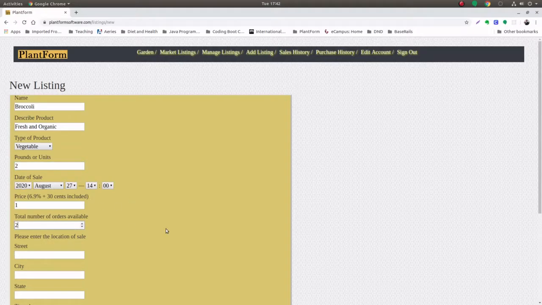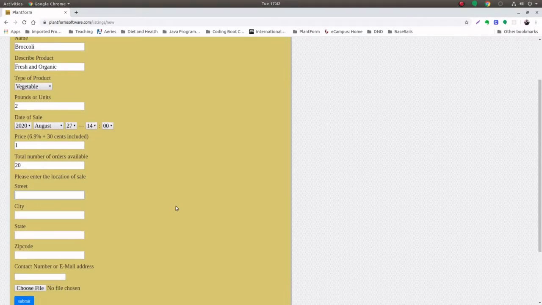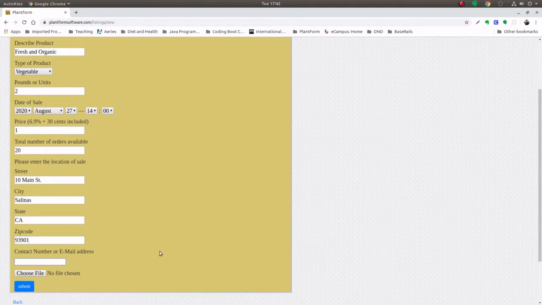And let's say you have 20 of these. And now where is the sale going to happen? Let's say that this is a downtown farmers market in my hometown. We'll say it's 10 Main Street in Salinas, California, with the zip code, and then you can put in your email address or your phone number,